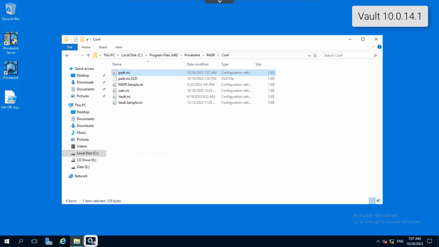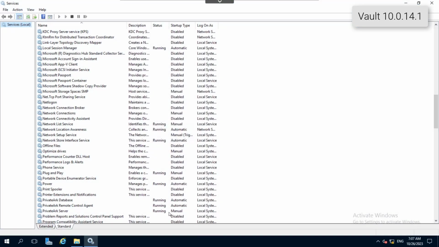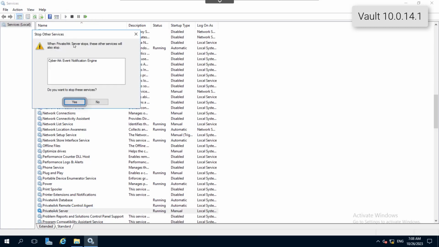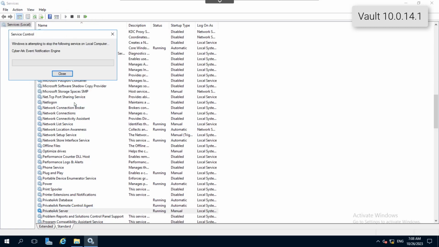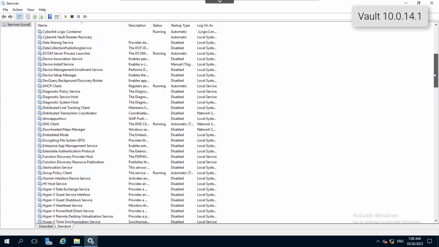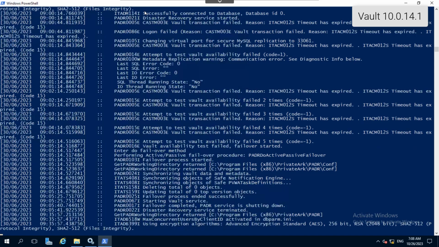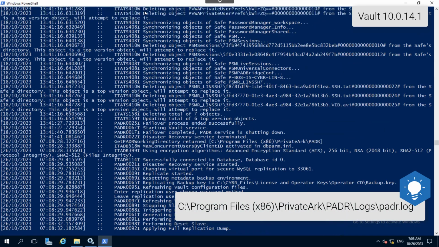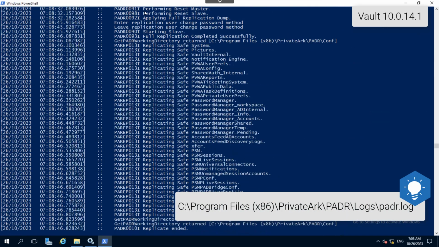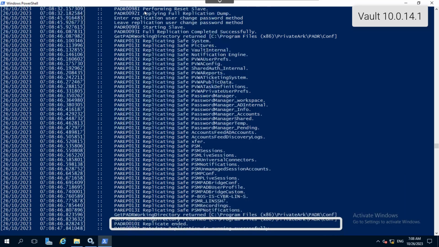Using the Windows Services applet, stop the private ARC server service. Click Yes to stop the CyberArk Event Notification Engine service as well. Scroll up and start the CyberArk Vault Disaster Recovery service. Monitor the padr.log file and periodically check for log updates to confirm the disaster recovery service has completed the full